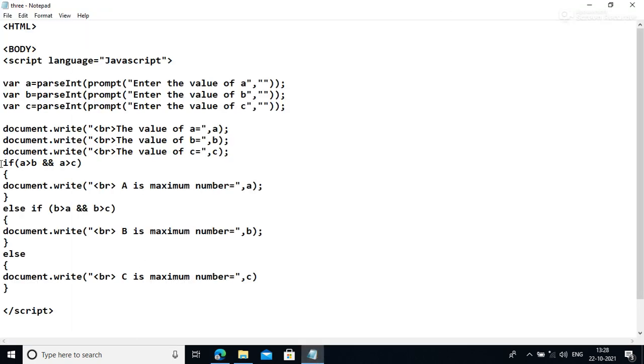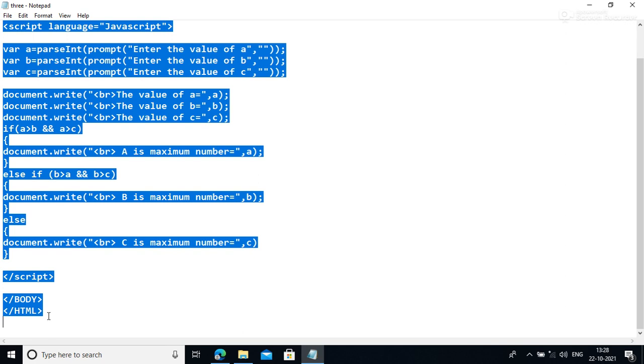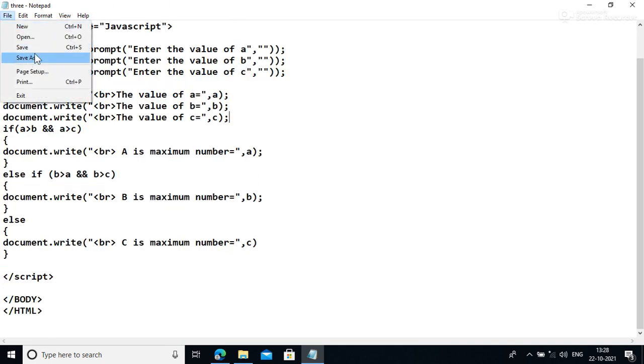Let's take another example by using the if and else if statement. So the next example is new.